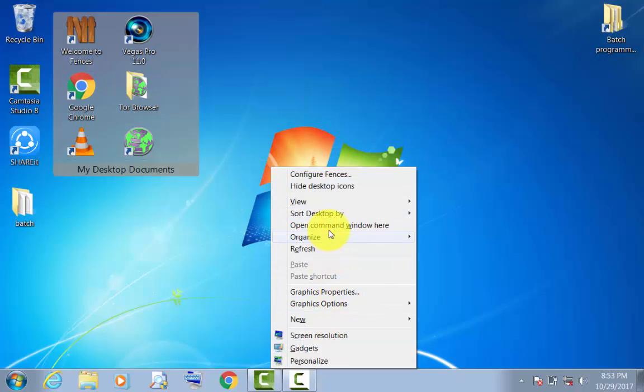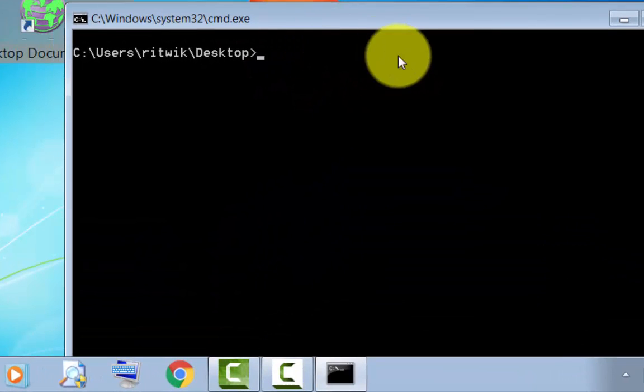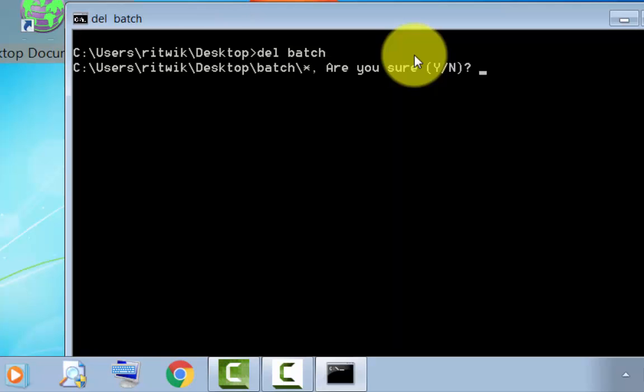I'll open command window here. So I'll try to del batch. So what I'm trying is to delete all the contents in this batch folder. So it is asking for, are you sure?